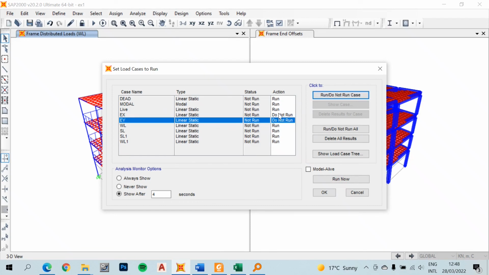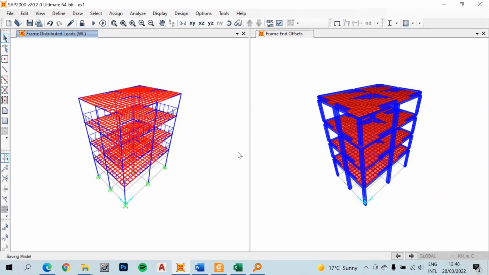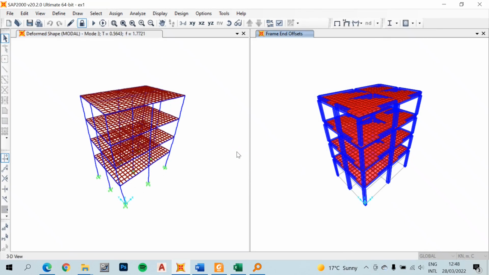So I set the action to do not run, because we haven't defined the earthquake loading yet. So I can click on run now. Yeah, so as you can see, we just started from model 1,